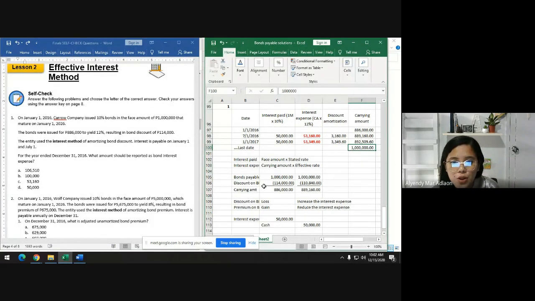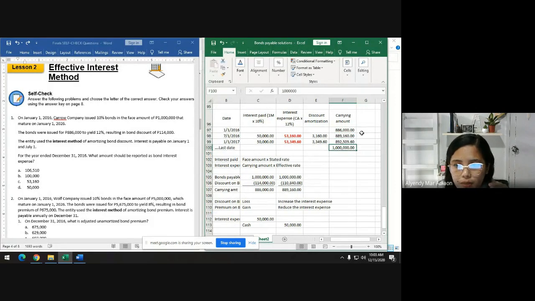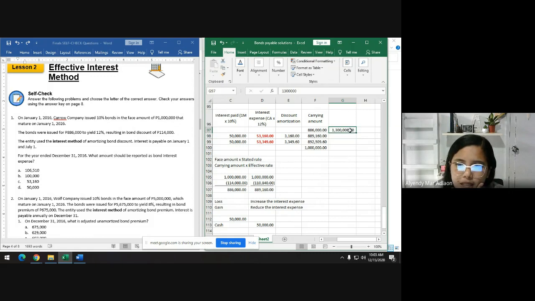Our goal is for the carrying amount to equal the face value of 1 million. So you have to ask whether to add or deduct. Since we have 886 and want it to become 1 million, we add the amortization. Because if it is a premium, the carrying amount is more than 1 million. Let's say the carrying amount is 1,300,000. When amortizing the premium, do we add or deduct? Take note, we need to reach the face value of 1 million. So, to reach 1 million, you have to deduct from